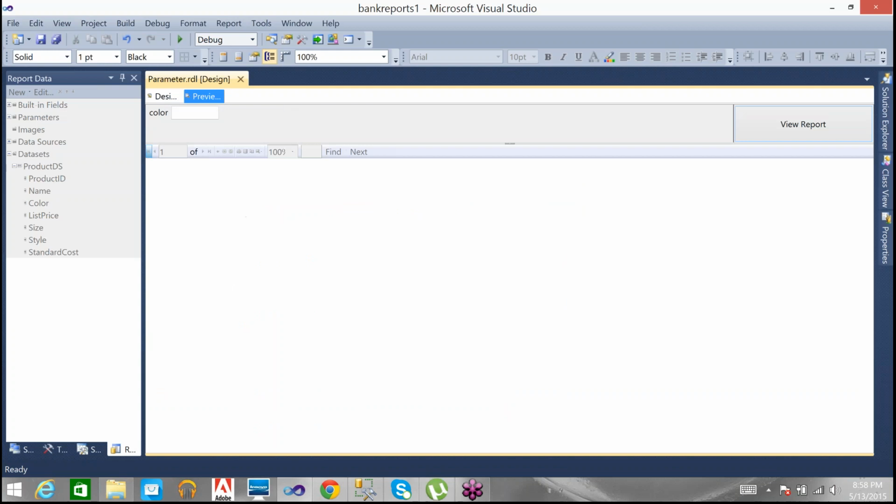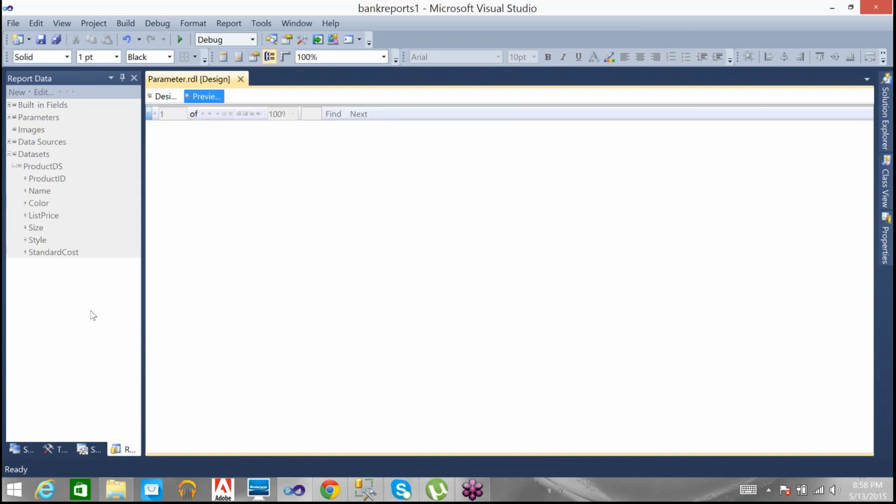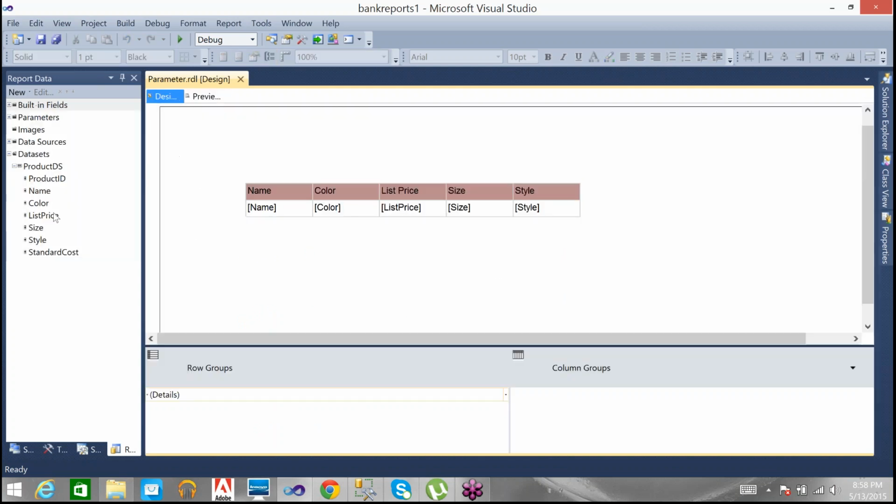Now if I want to have the colors in this one, then I can create one more dataset here.